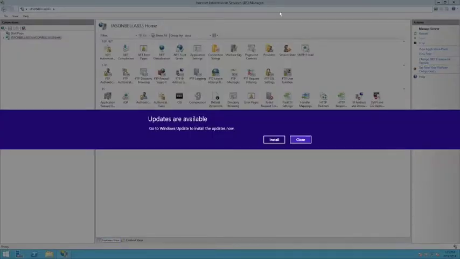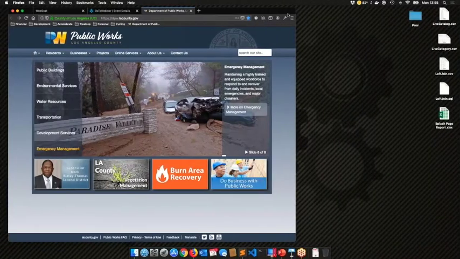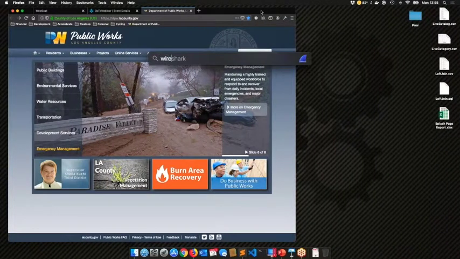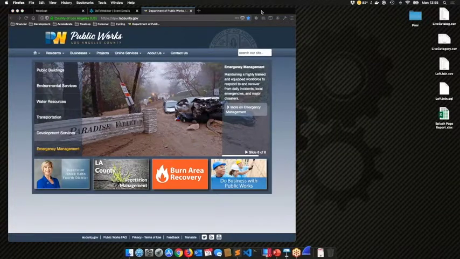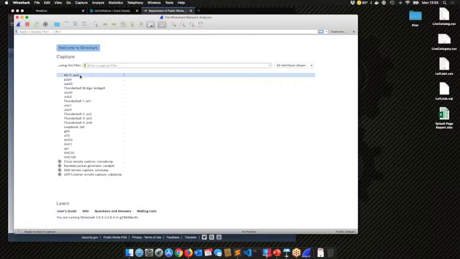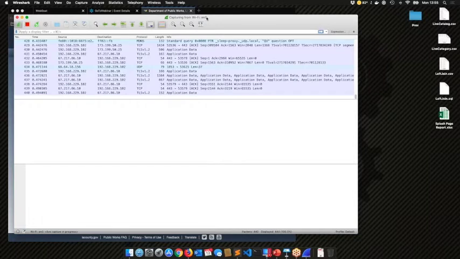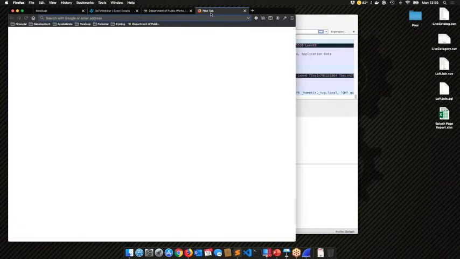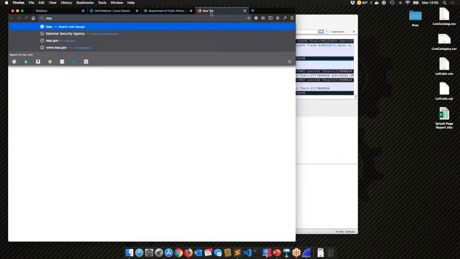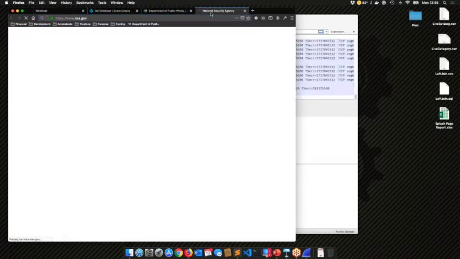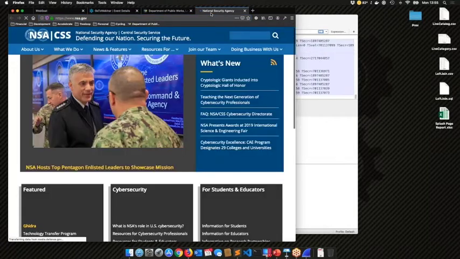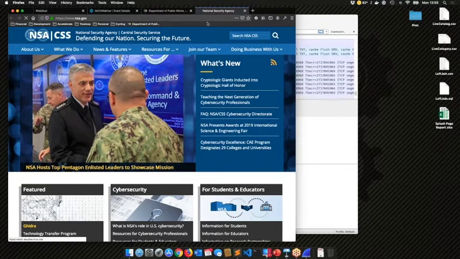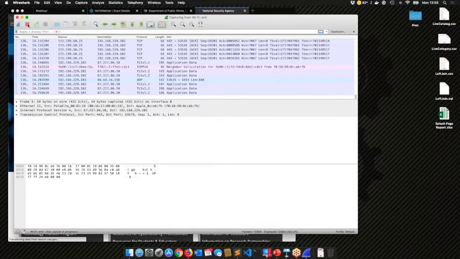And sometimes it's not immediately obvious, but it's not all that difficult to figure out. So for example, let me come over here and I'm going to open up a tool. I'm going to take Wireshark here, which is a protocol analyzer, and let's pick a target. So how about our friends over at the NSA? So I make a visit to nsa.gov, and now I'm kind of interested to see a little bit more